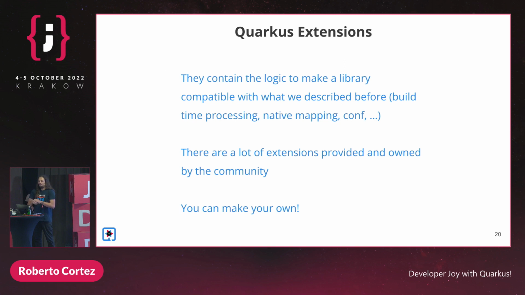Okay, so you may be wondering, well, all that looks great, but how are you able to do that with all the libraries out there? Or do we have to use something specific? So Quarkus itself, you can use any library that exists on the ecosystem right now. The only difference is you require what we call a Quarkus extension to benefit from all this that I mentioned, right? Because a common library out there doesn't have these mechanisms, doesn't know these things about build time, runtime,